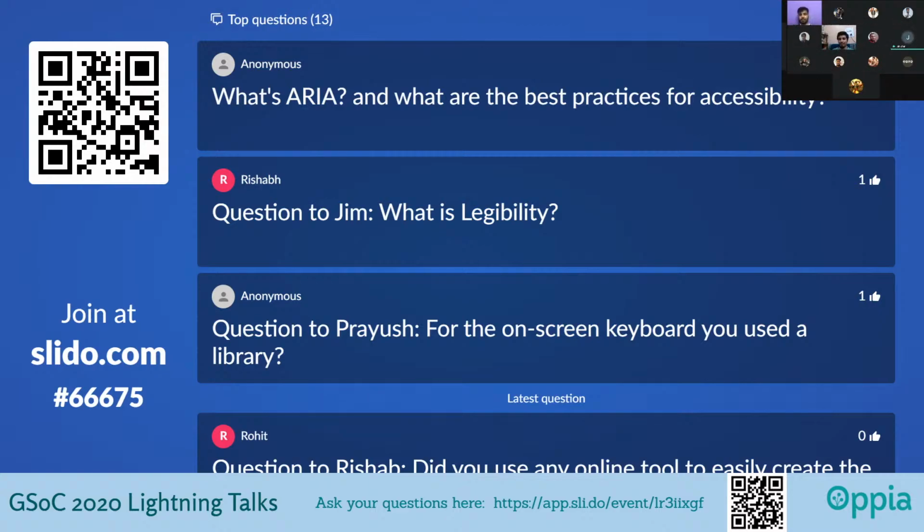Hello. Okay. Yeah. So ARIA stands for Accessible Rich Internet Applications, and it's basically where you can define roles and attributes for various HTML elements to make web content and applications more accessible to people with disabilities.